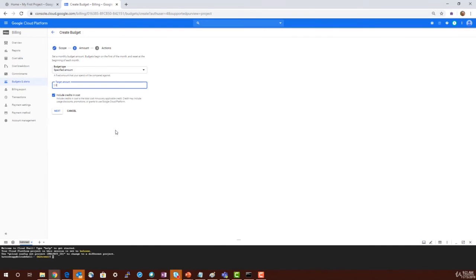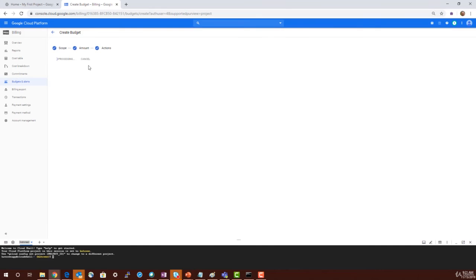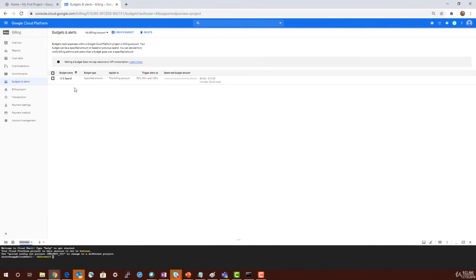So if you want to avoid that, you just put $10 as a target amount, and this will inform you if you're crossing that limit, and you will get an email message. So I'm just creating that alert now. So I have this particular alert, and this will tell me. What will happen is after the $300 credit, if I'm going beyond that 300, Google will start charging me, and then you will get an alert accordingly.